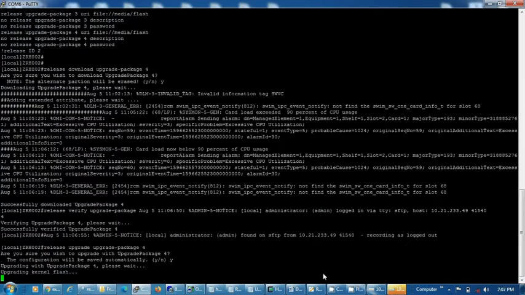I will make some pause to shorten the video length. It is still loading the kernel, flash and FPGAs.